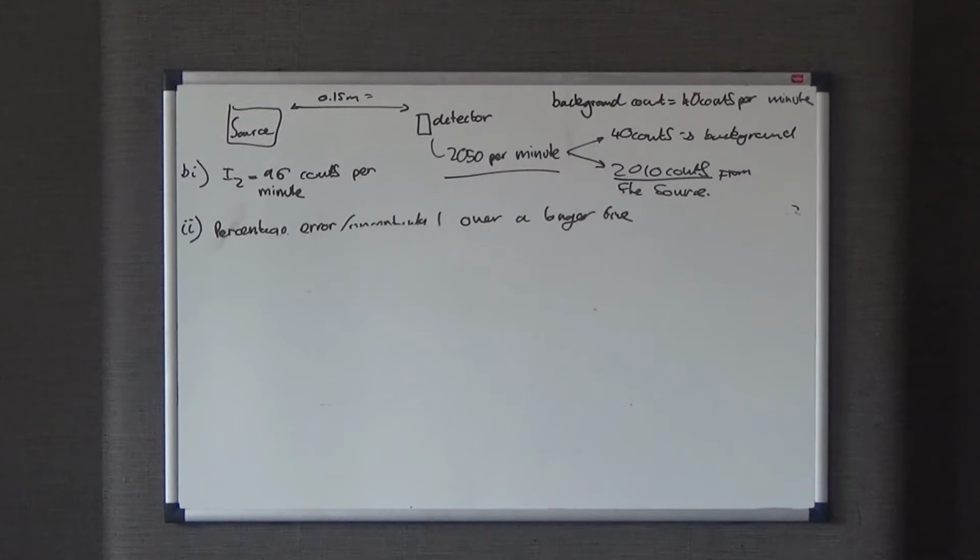Okay, so 2b part 2 says when the detector was moved to 0.9 meters, the count rate was lower than calculated in b part 1. So it suggests that the source may also emit beta particles. Explain how this can be checked. So what I think is the easiest idea is